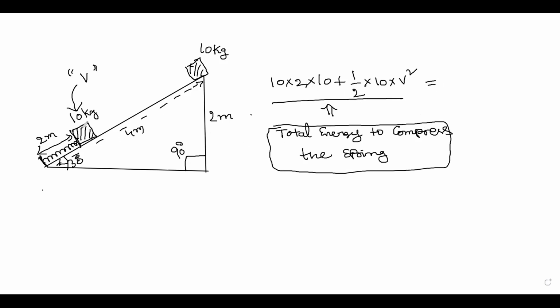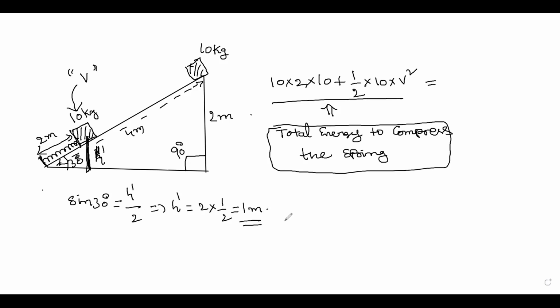And now what is the height at which this mass is resting on this slope is what we have to find. At what height this mass is resting on this slope. So let us say this is height of h dash. Okay. And now to find the height h dash, what I have to do? So find sine 30 once again. Sine 30 degrees, that is like h dash by 2 we can do sine 30. So you can find h dash is equal to 2 times sine 30. Sine 30 is half, so that is 1 meter.